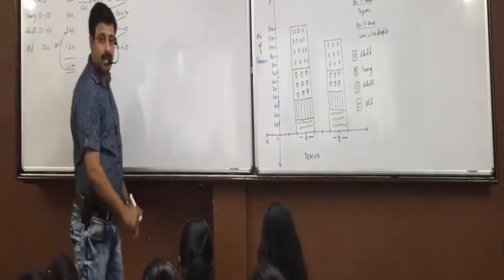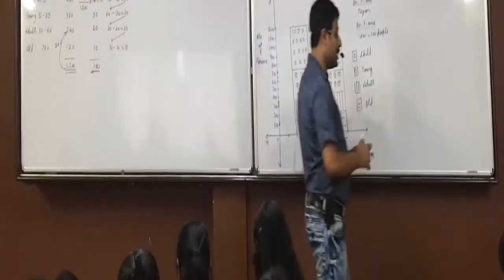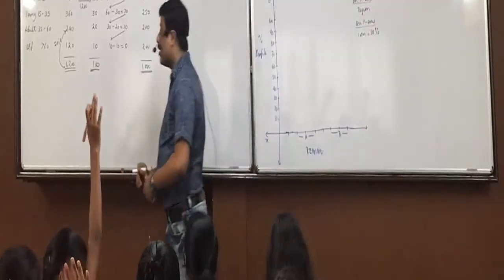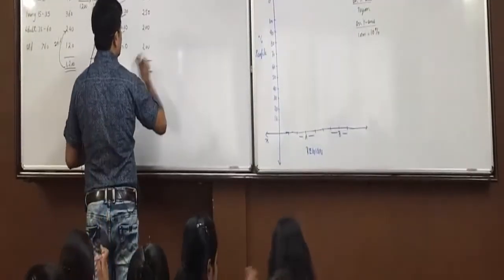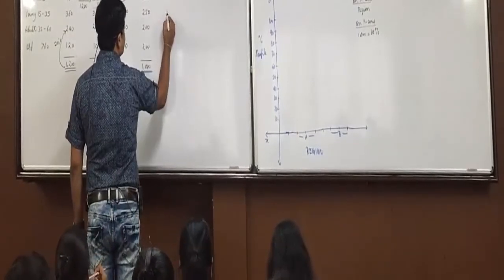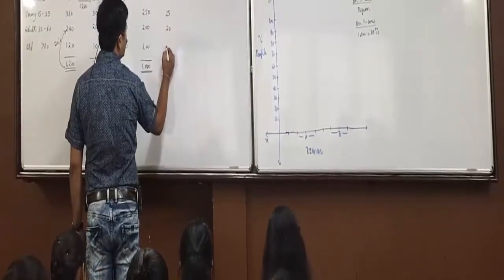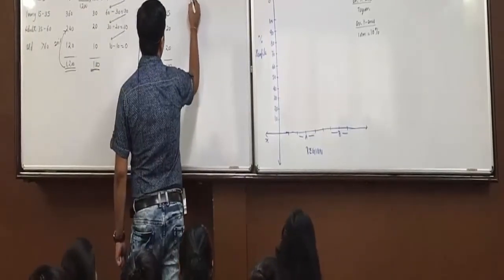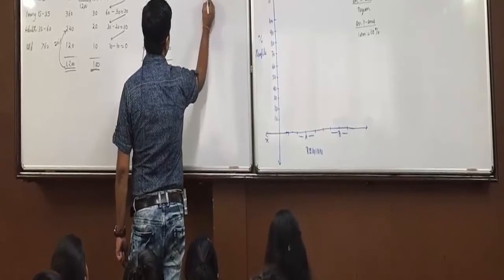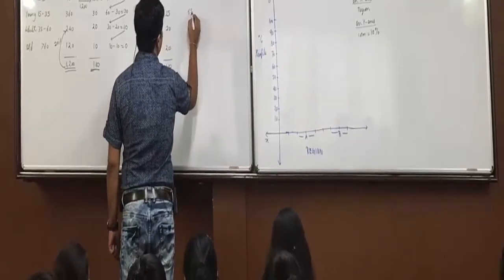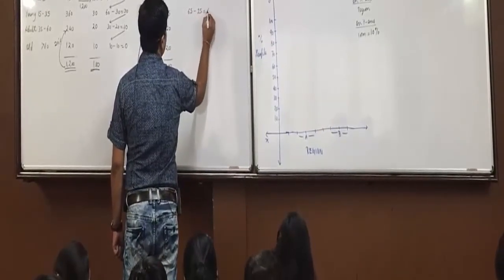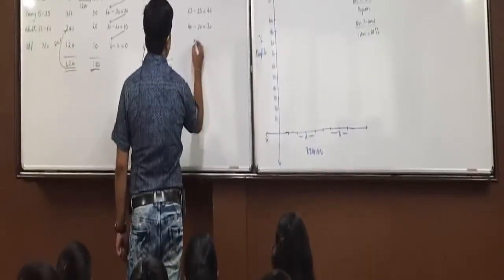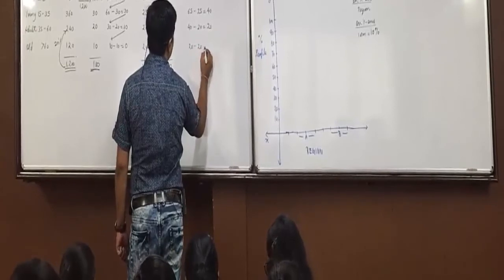Any confusion in this? Do it for region B. Complete this and do it for region B. Who has completed region B? See, 35%, 25%, 20 and 20%. Who is not able to get this? The total will come 100. 100 minus 35, 65. 65 minus 25, 40. 40 minus 20, 20, and 20 minus 20, 0.